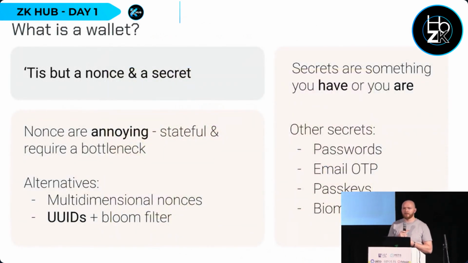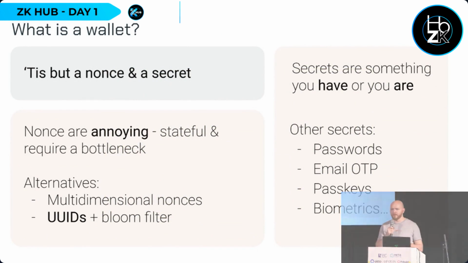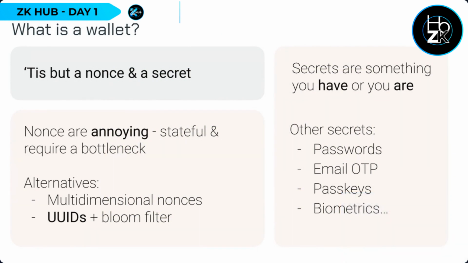The second question is, how do you remove MetaMask from the equation, essentially? And the solution here leverages the first point. It's basically to think about what a wallet is at a philosophical level. It's basically just a secret, which is something that you are, something you have, something you know, and a nonce, a number used once. The role of the secret is to protect your identity, and with ZK, you can use a lot of other things to do that than private ECDSA keys. You could use email one-time passwords or just regular passwords. You could use passkeys and WebAuthn. You could do biometric stuff like WorldCoin's been doing. The other side of this is the nonce, used to prevent replay attacks, essentially.